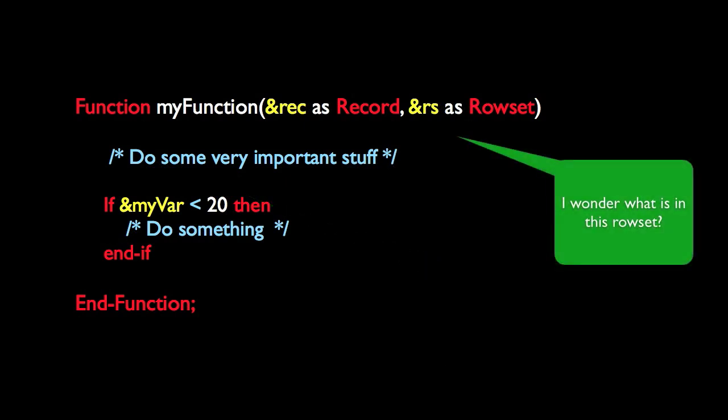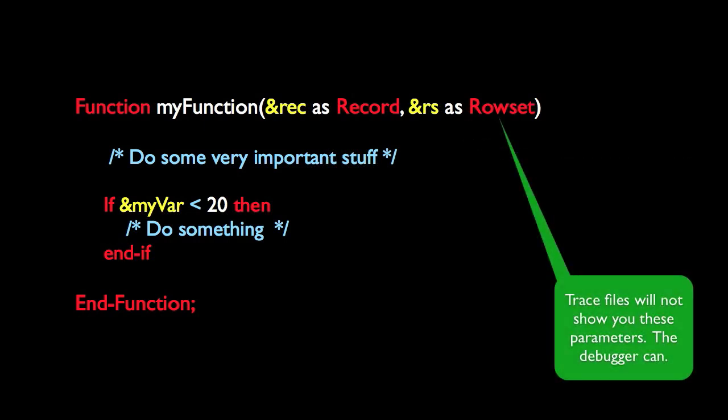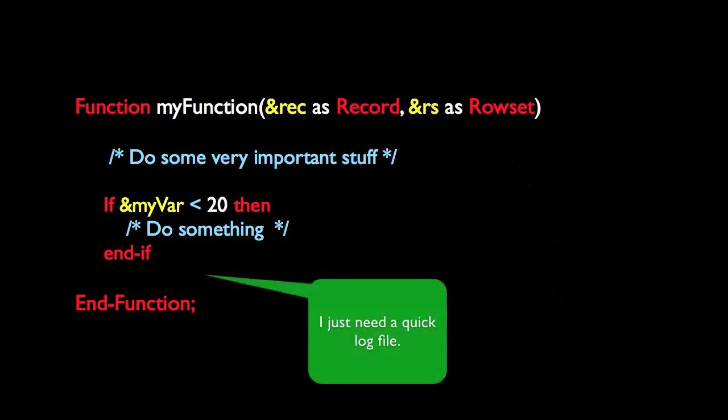Or maybe I had a rowset being passed in as a method parameter and I needed to see the property values expanded out. Trace files are not very effective at this as they log everything. Additionally, rowset and record objects are not expanded out in the trace log. You can view the record and rowset function parameters in the PeopleCode debugger. However, sometimes I prefer just to look at log files, and the PeopleCode debugger is not always turned on